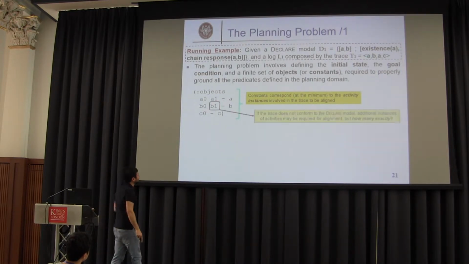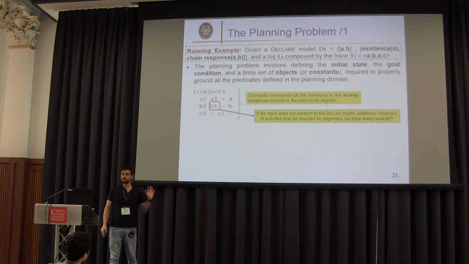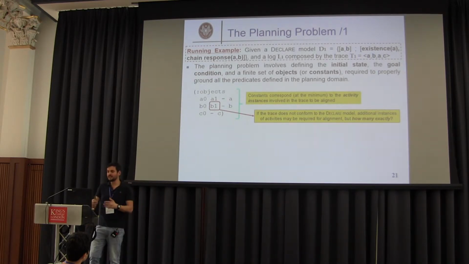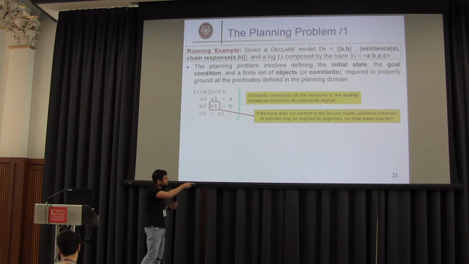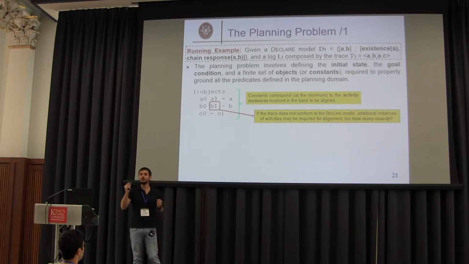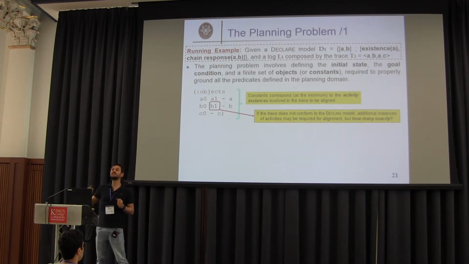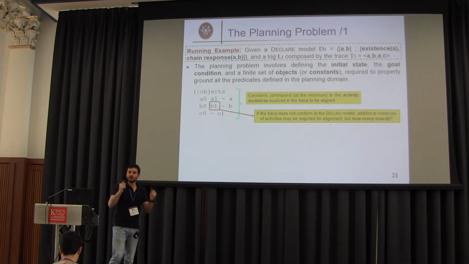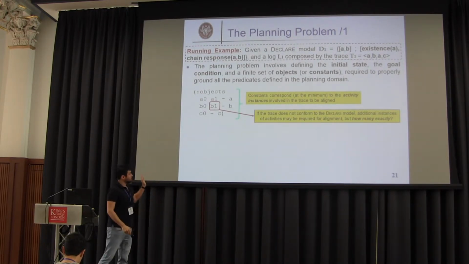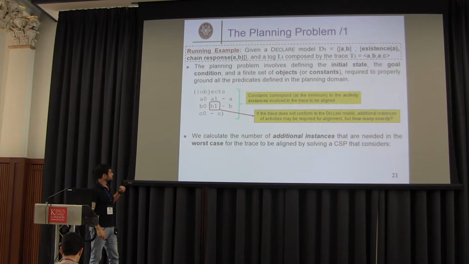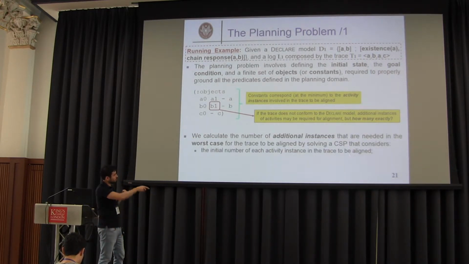But the problem is that if the trace doesn't conform to the declared model, we may need additional instances of activities that can be required for the alignment. But we have to calculate how many instances we need in the worst case for doing the trace alignment with the planning. For answering this question, we calculate the number of these additional instances by solving